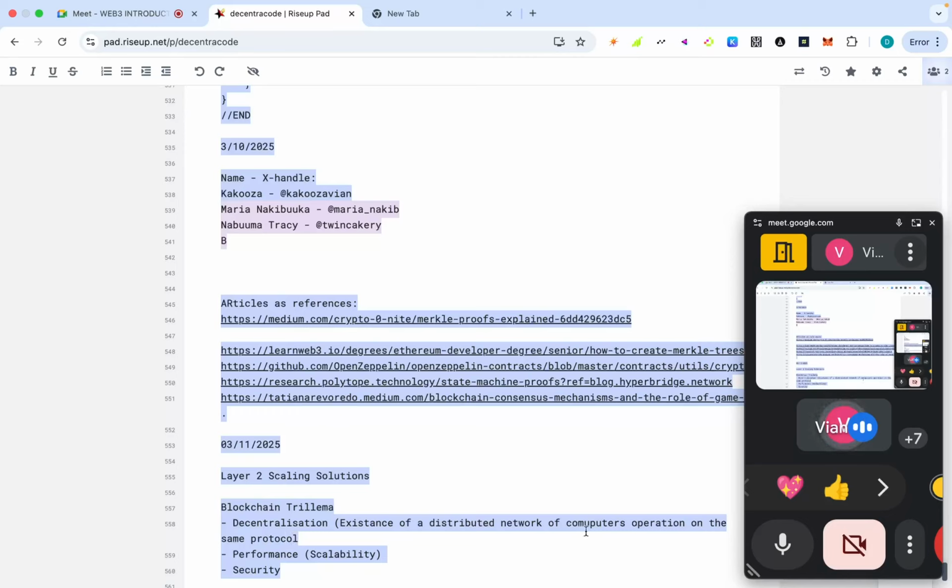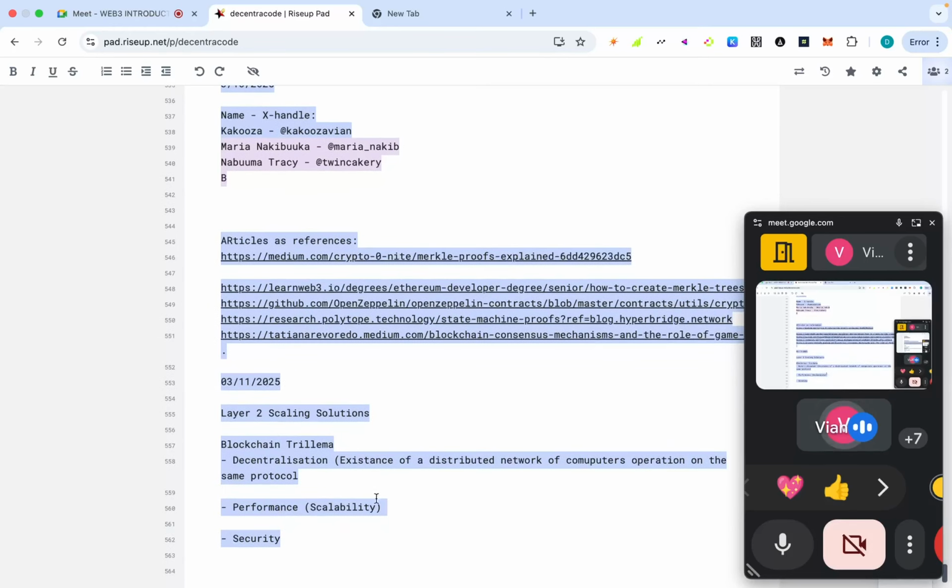So it's mostly like we have computers all around the world that are running on instructions that are exactly the same for each of them. So for performance, essentially it's about how fast a blockchain can execute computations for an even increasing amount of